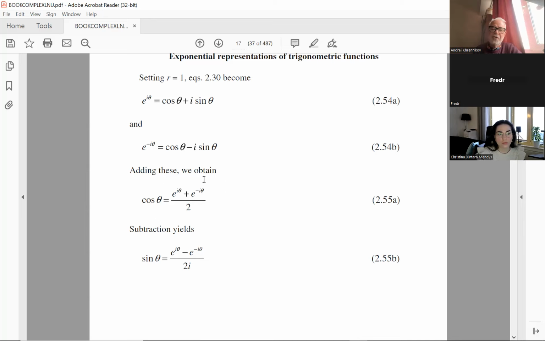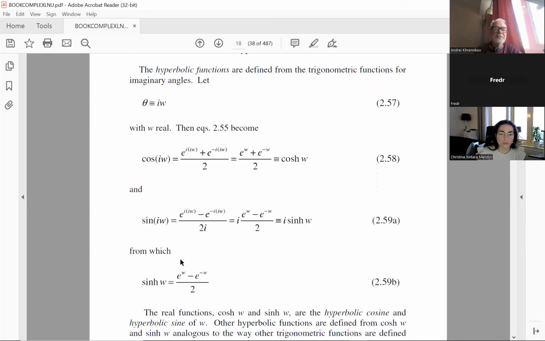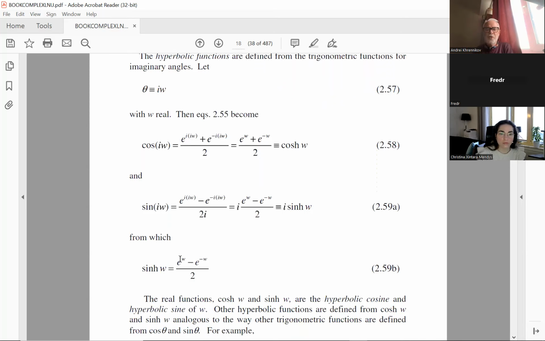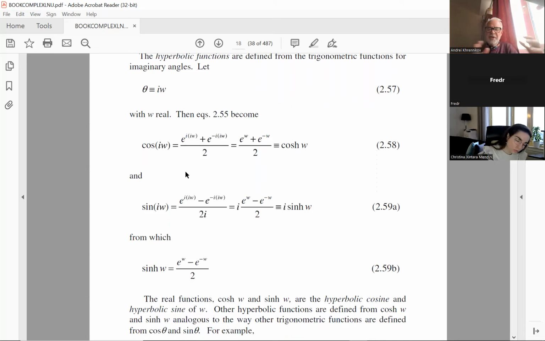But yeah, so also try to remember this formula. So the Euler formula and the formulas for cosine and sine. Tangents may be not so useful. Now we can also connect usual hyperbolic functions. Trigonometric functions, cosine and sine, in fact, can be represented as hyperbolic functions. So cosine of iw is hyperbolic cosine w.